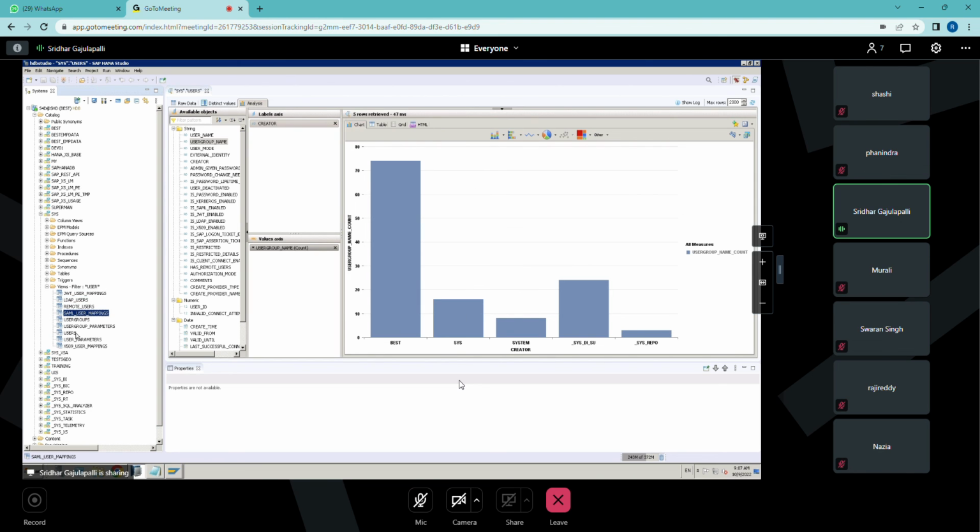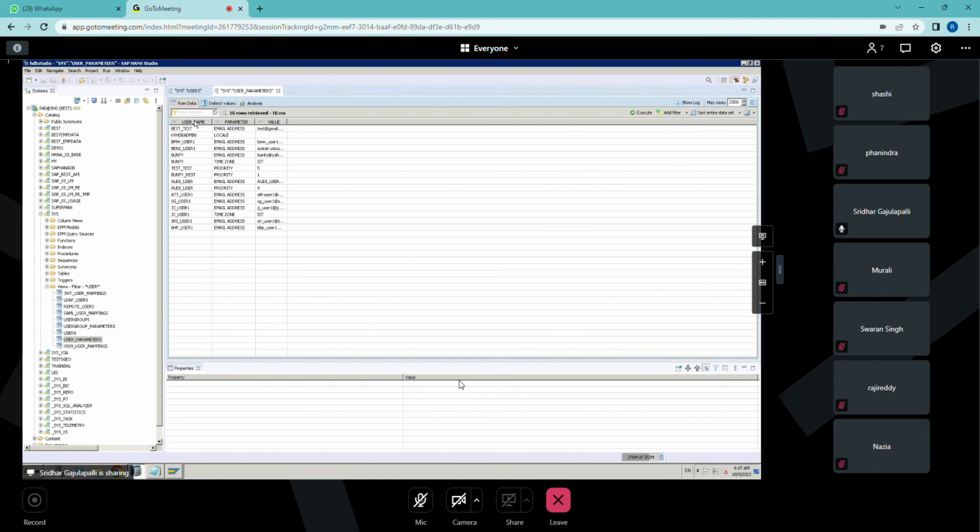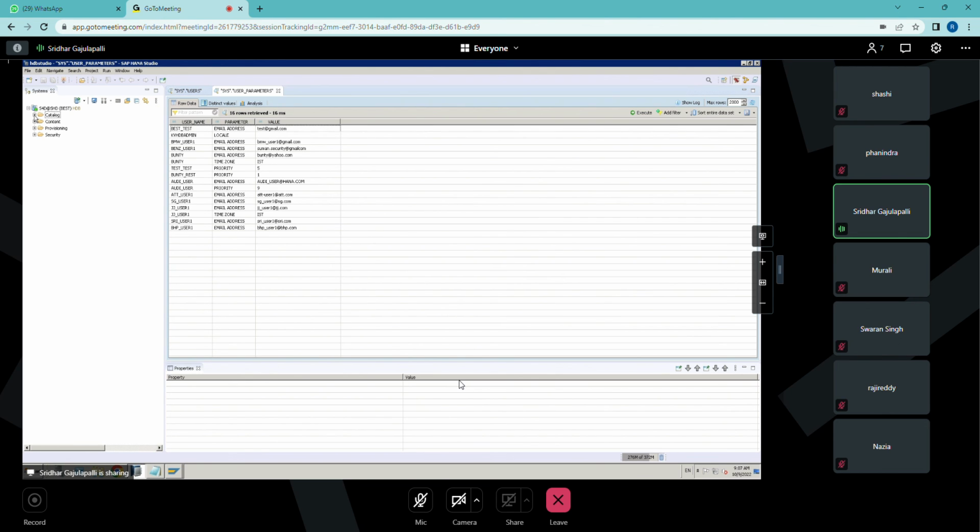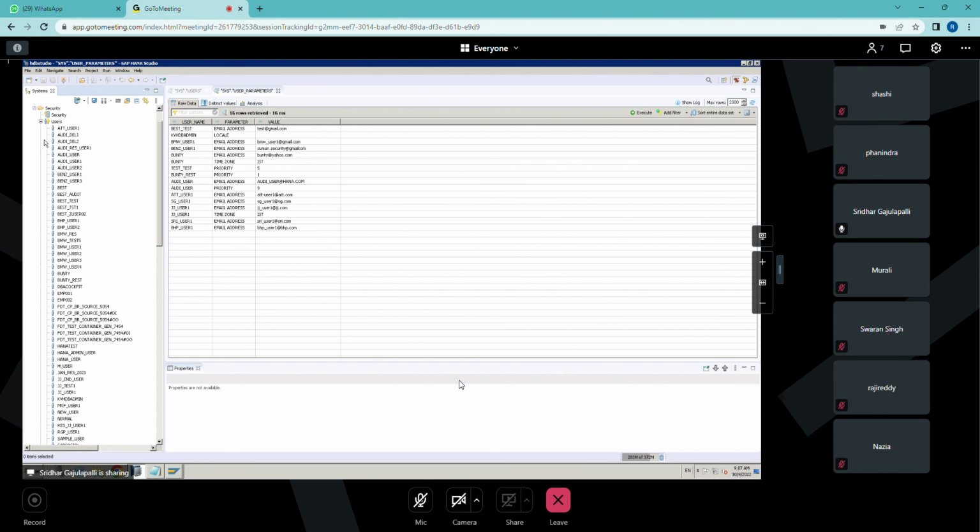The most important is the user one. Let me show you user parameters. The parameters include email ID, priority, locality, all these details. Where can you find these details? When I am creating the user, MRF user 1,